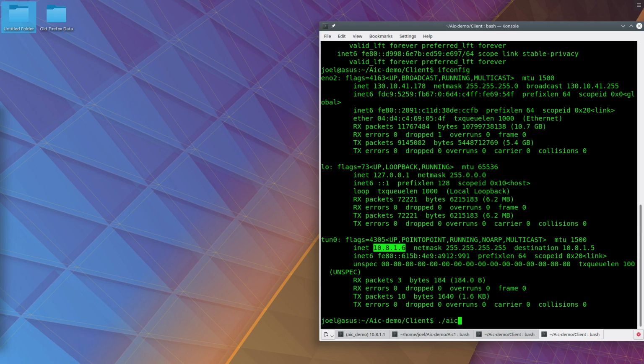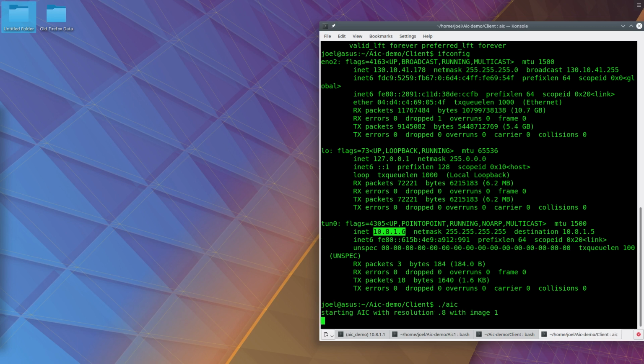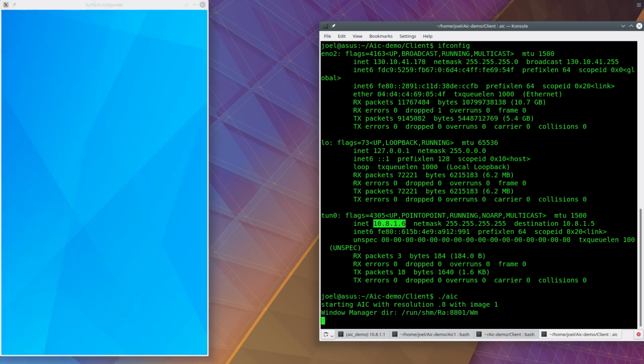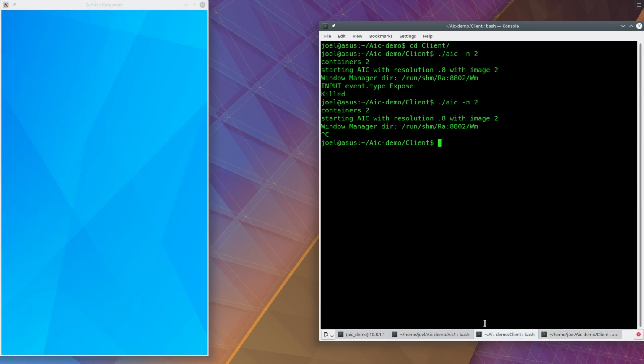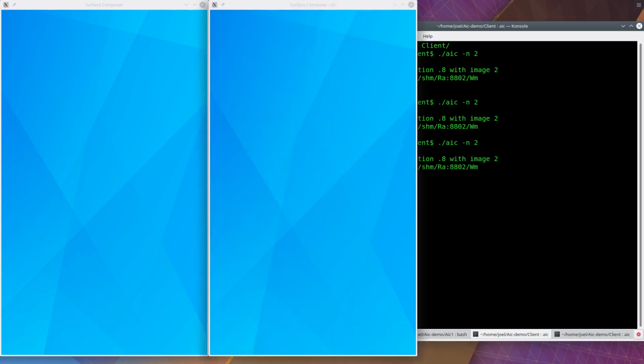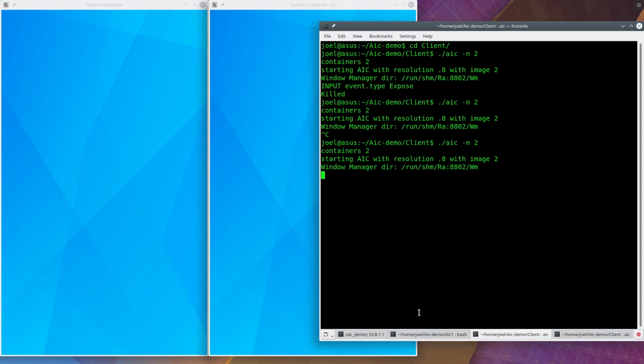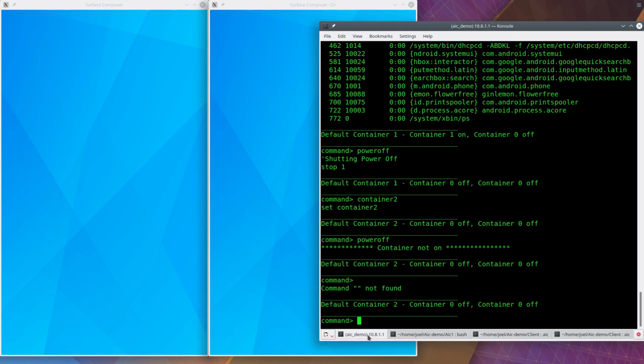AIC, and I'll go into a different window and start AIC -N2. So that's container number 2. That will connect to container number 2. Okay, now I can go to